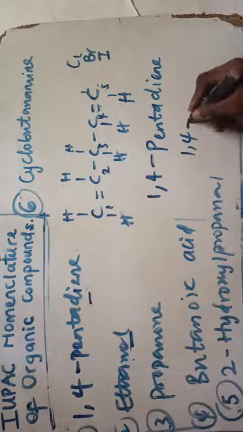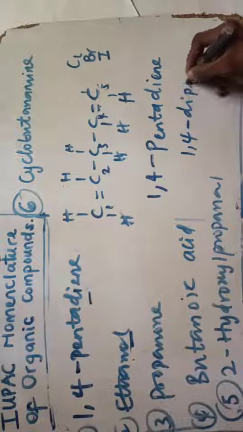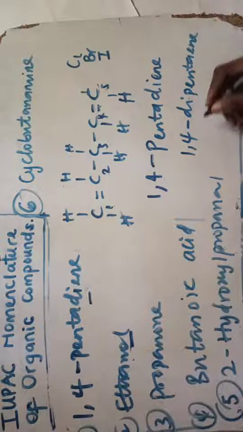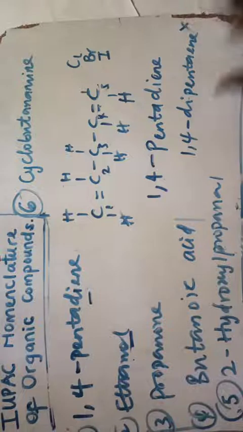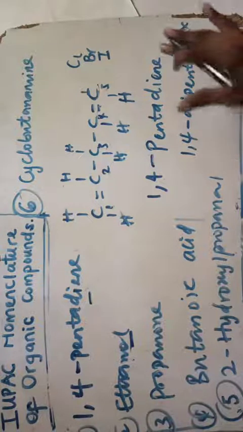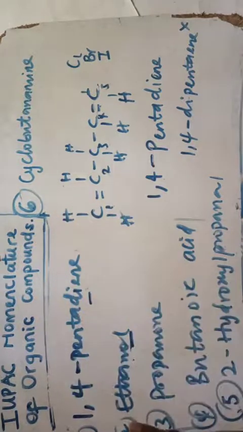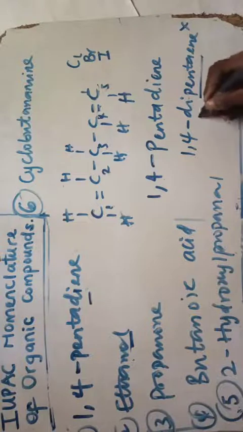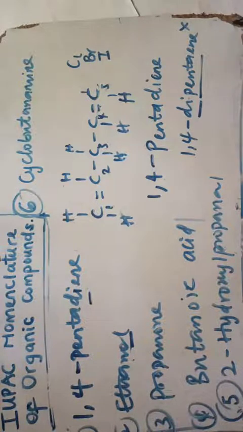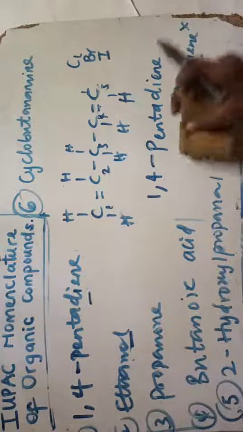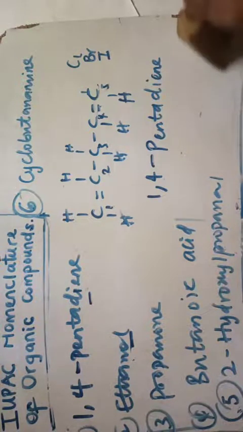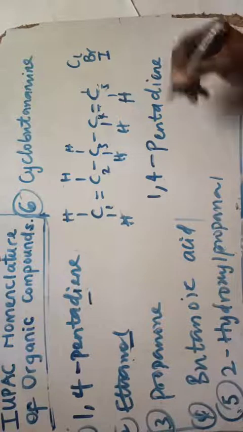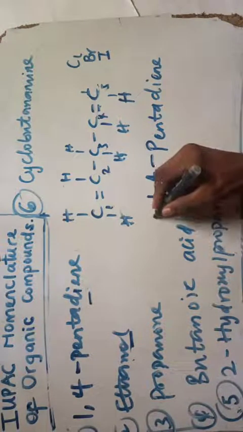It is very bad, or not correct, if you write 1,4 dipentaene. This is wrong. Why? Because if you name this compound based on the IUPAC nomenclature rules, you would be saying that penta is 2, it's double there. So you're telling us that we have only single enes. But if you consider this here, which is 1,4 pentadiene, that means you're saying that the ene is 2.